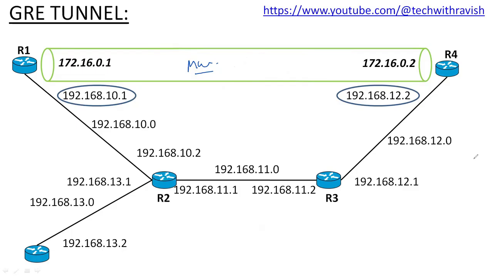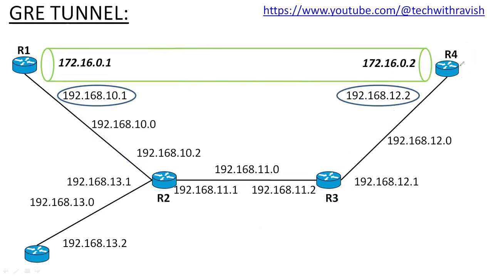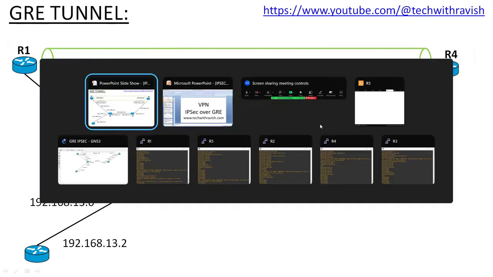Now, as we can see, there are four routers: R1, R2, R3, and R4. First of all, we will configure EIGRP to reach R1 to R4. Then we will create a tunnel between them. Then we will configure IPsec over there. So let's go to our GNS3, on which I already have prepared the